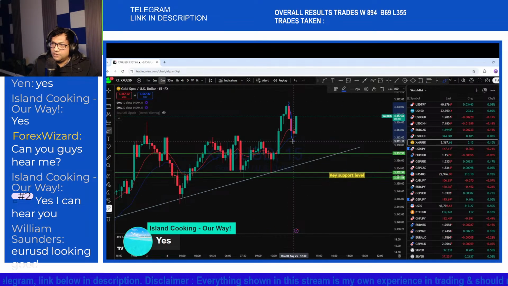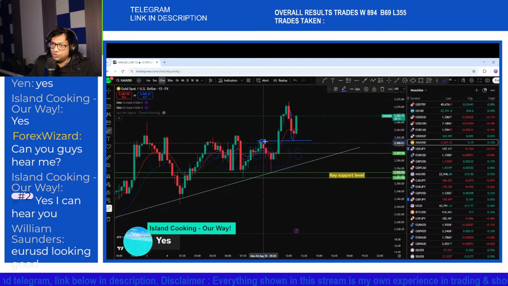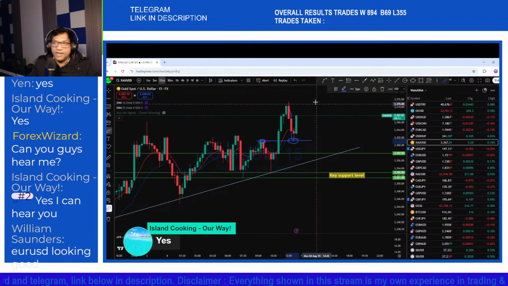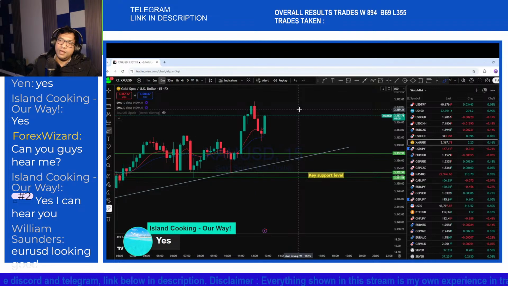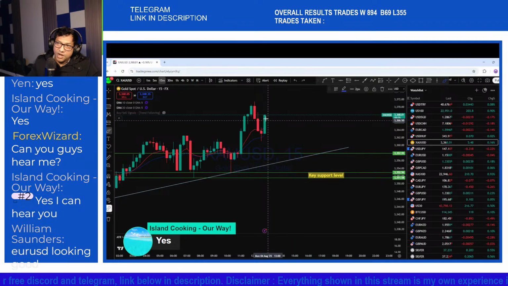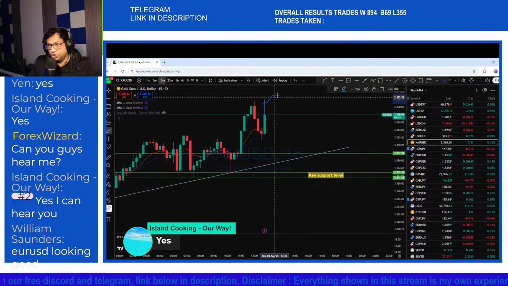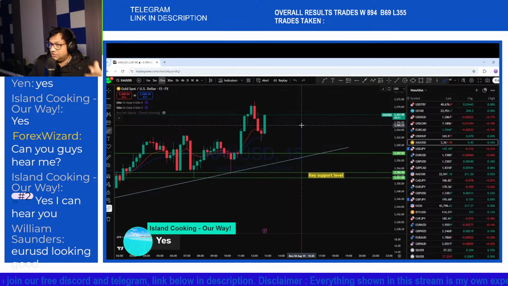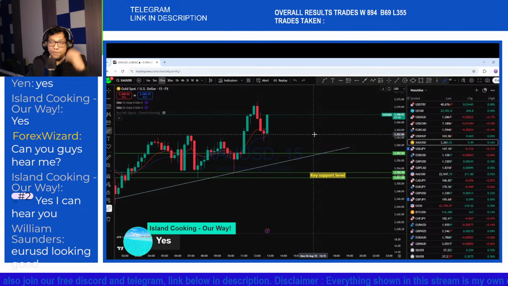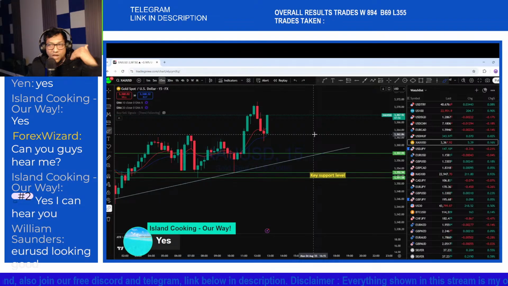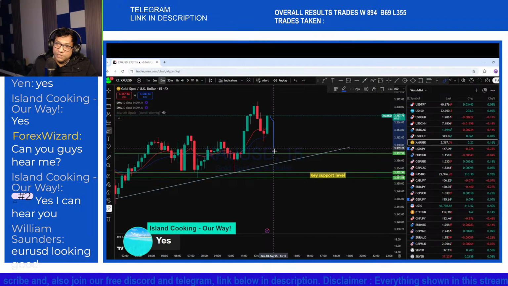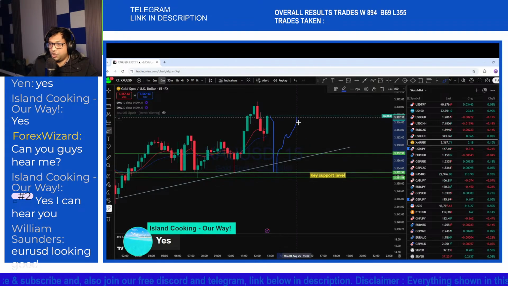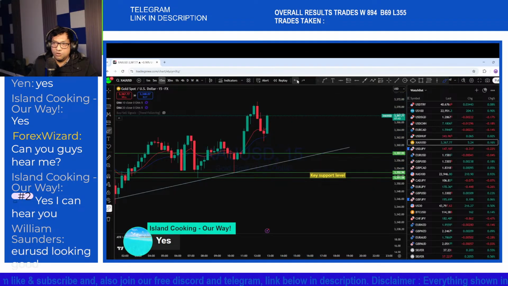It dropped here, tested this previous resistance, which is turning support here, and then it got rejected back to the upside. Now what we could see is that this market may go back up and continue to rise, which may be because it's a long-term bull market. But the best entry for us is not from the higher high, but from the dip. We will be waiting for the market to dip back to this lower time frame support and then to trend again in the direction of the trend.